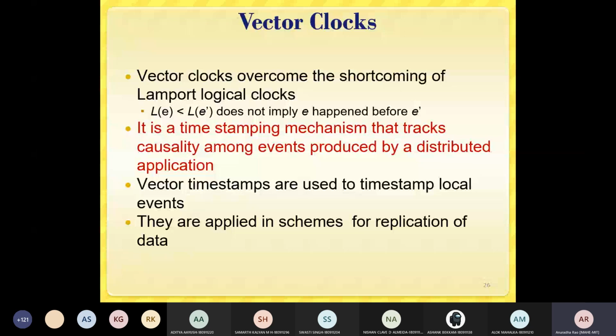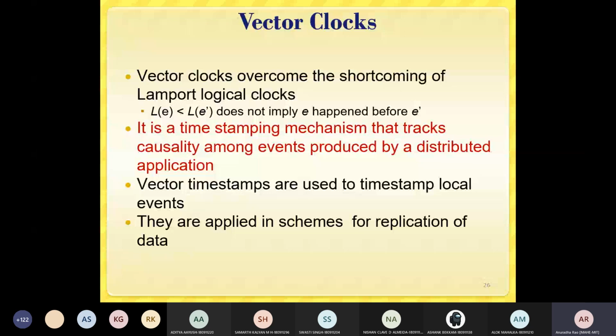Basically, it goes with the happens-before relation for all kinds of events, which was not captured in Lamport's clock. That is why it was giving partial ordering. Here, you will be able to get a total ordering with respect to the causal relationship.